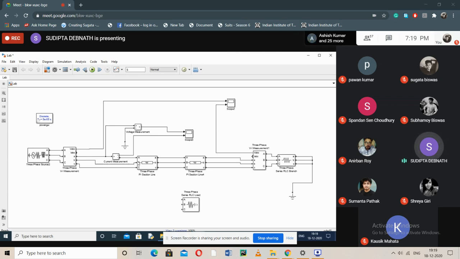They will take one block of 400 kilometers, and then 10 or 15 blocks of small lengths. Say if you take 10 blocks of 40 kilometers each, then you will find the value is slightly different, because you have seen the equivalent parameters and the concentrated parameters. Equivalent means when you consider the distributed model, and lumped parameter means the nominal pi section and equivalent pi section. You know the difference, and if you know MATLAB, you can show this.